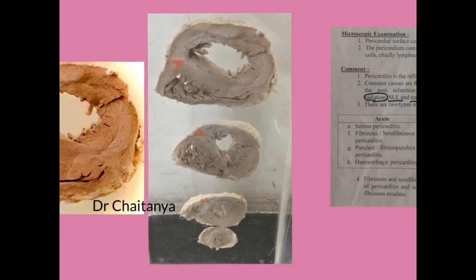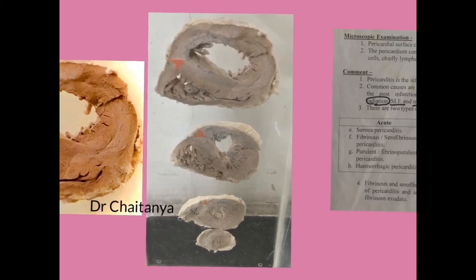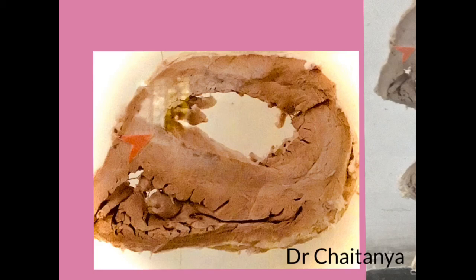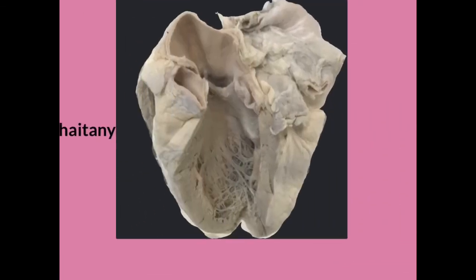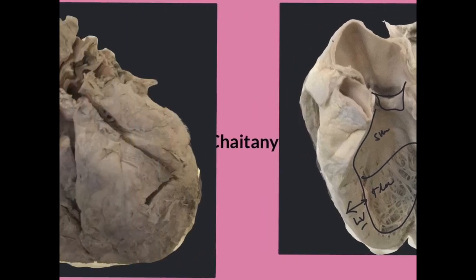So to conclude, there are these specimens. The first specimen shows myocardial infarction. Different slices are given. Here I gave you one photograph which shows an infarction. The color is pale and the surrounding color is red. Now coming to the next one, the open heart specimen from the left side, which shows the lower part is trabeculated and the upper part is smooth. The wall has lost its translucency and the left ventricle is thickened. So it is a specimen of rheumatic heart disease.